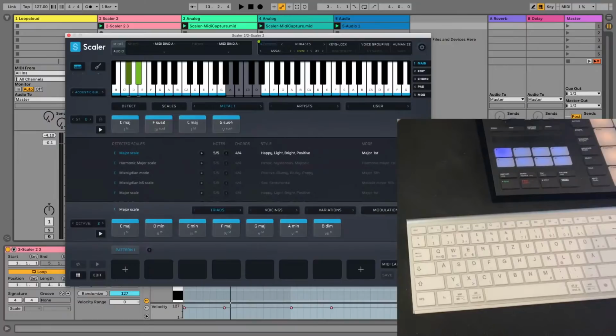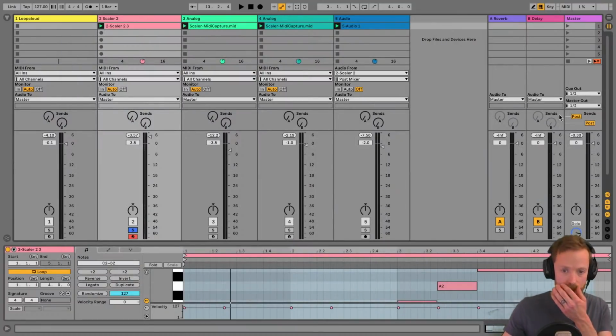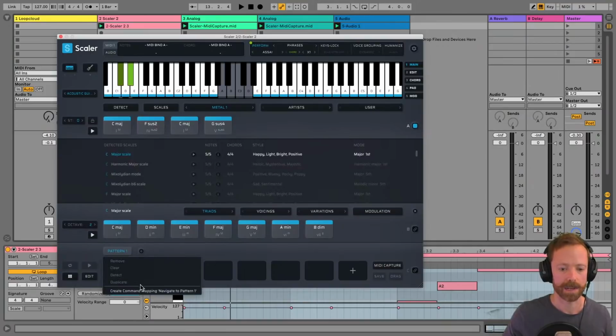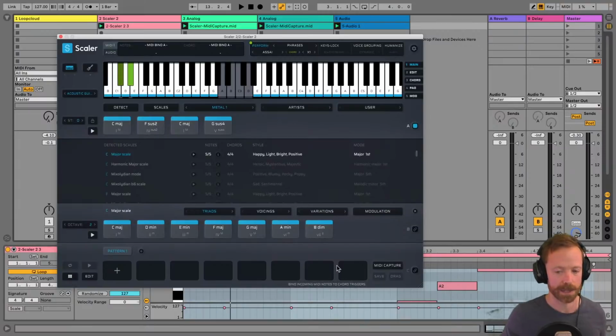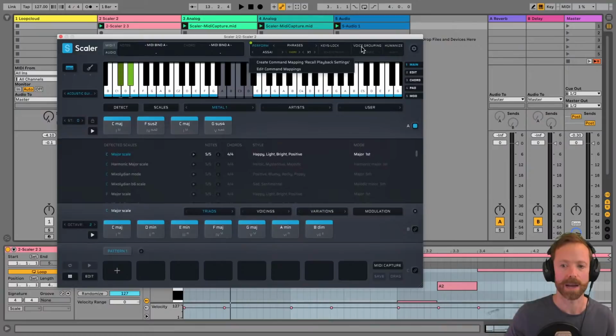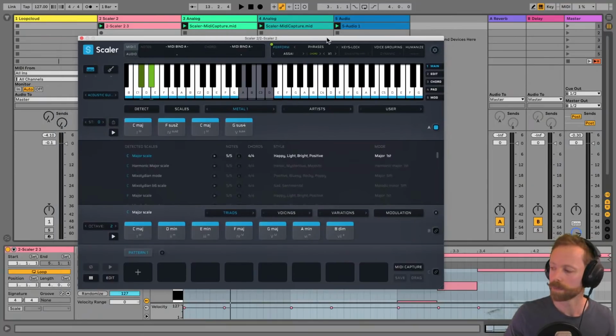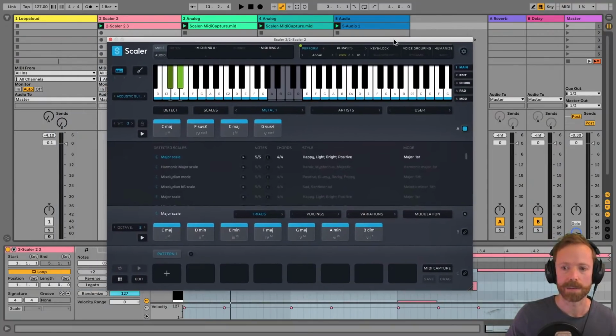And if I just turn that off for a minute, it applies to tons of areas here. So you can apply it to patterns. Right click there, you can map the pattern triggers. So you could just bind to C, and you could use your QWERTY keyboard keys to change which pattern you're playing. And you can map it to the bind itself, and just tons of areas around here. Anything on the header to turn voice grouping or humanizing on and off. So really, really awesome expansion of the MIDI controlling aspect.